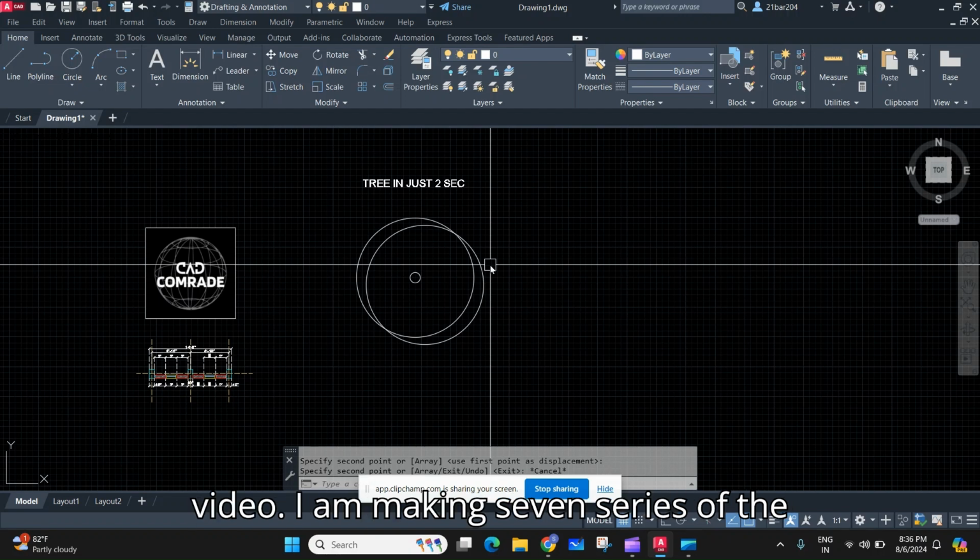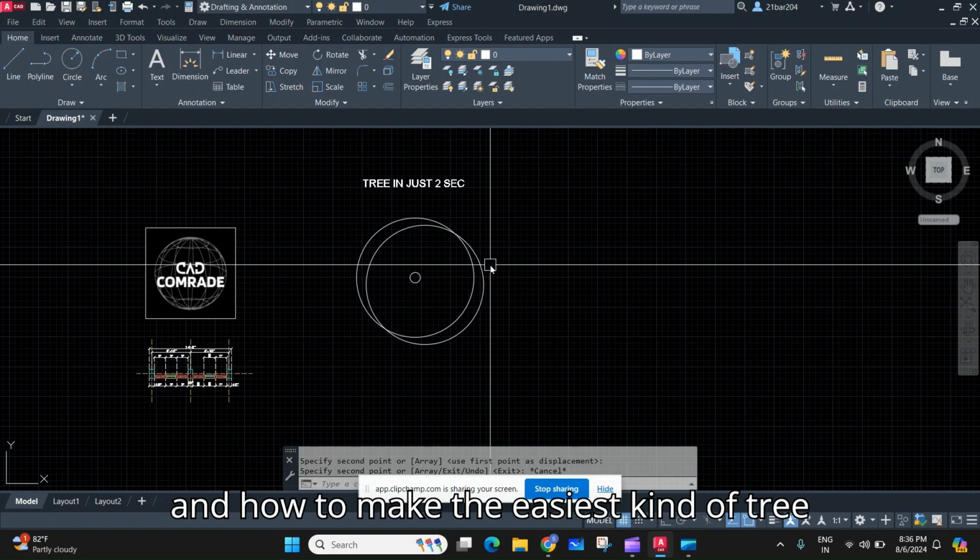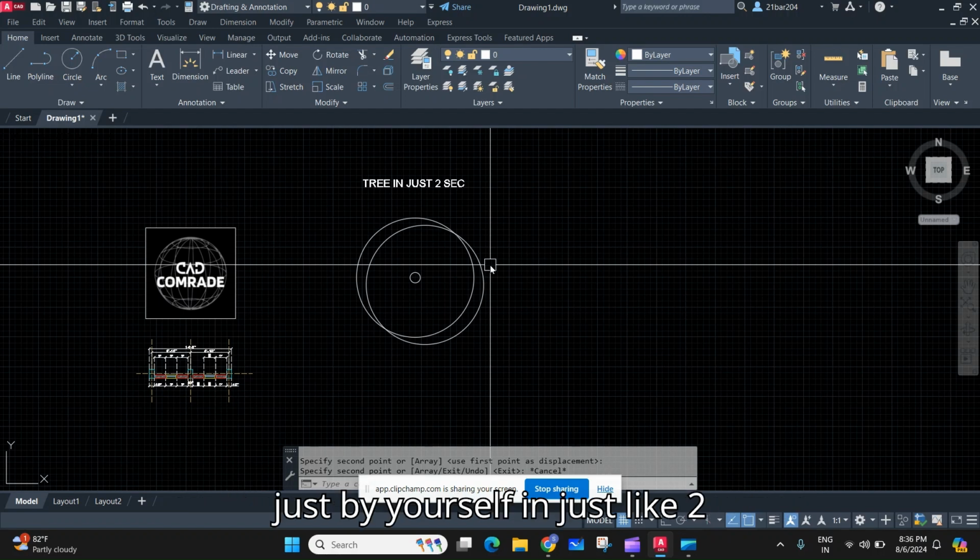I am making a series of 7 videos on trees just like this. So if you want to learn how to use AutoCAD and how to make the easiest kind of tree by yourself in just 2 seconds, as I told you,